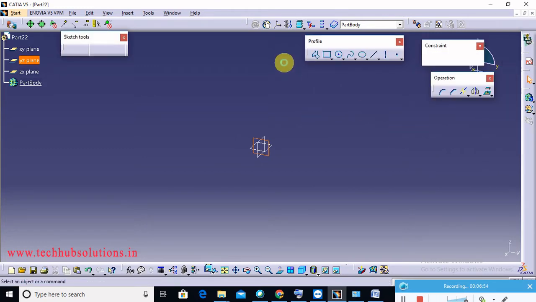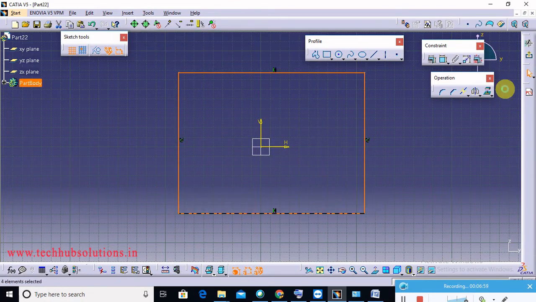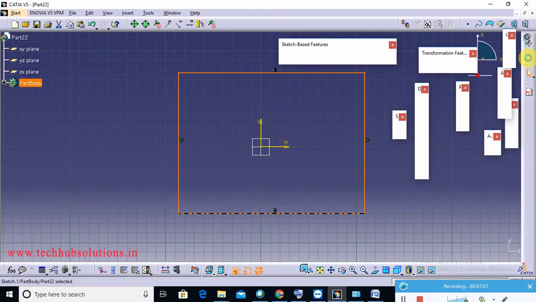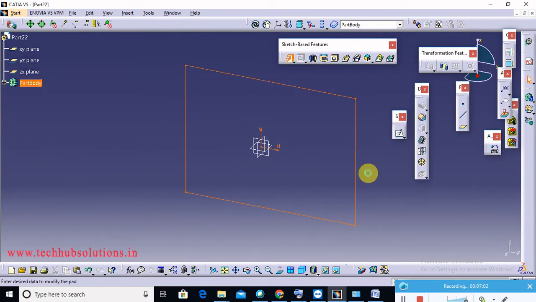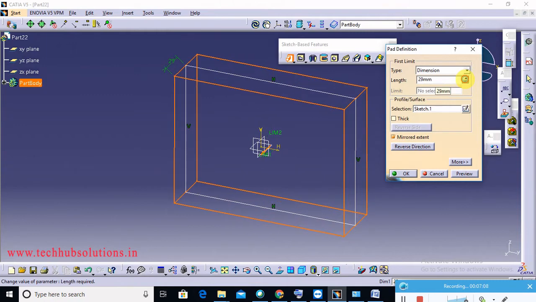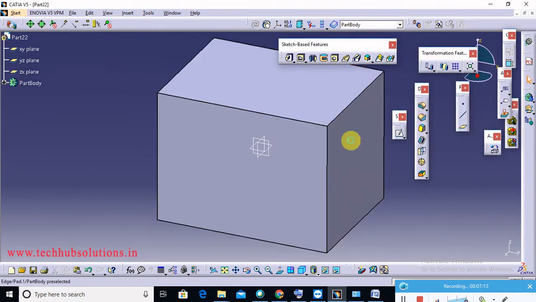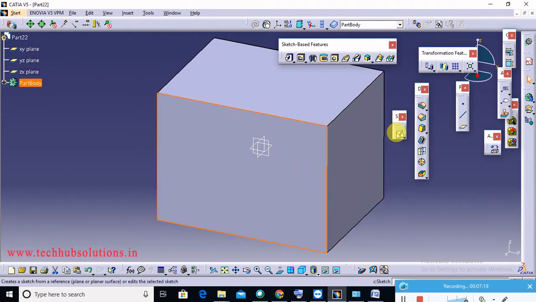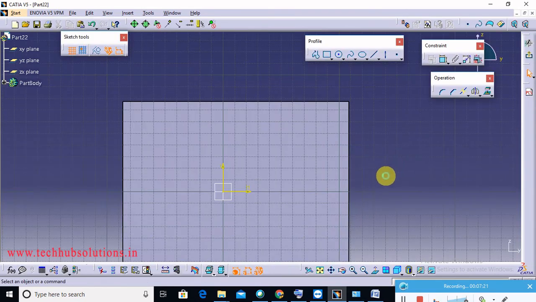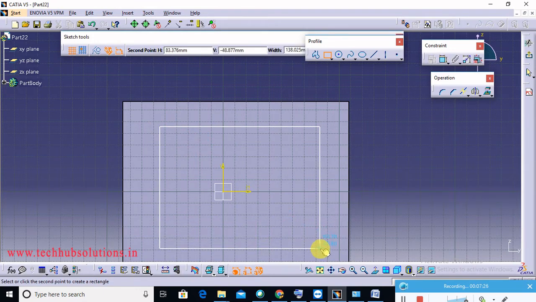First create here one rectangle, then create pad, then suppose pocket. Suppose select this surface and sketch. Suppose create any rectangle.